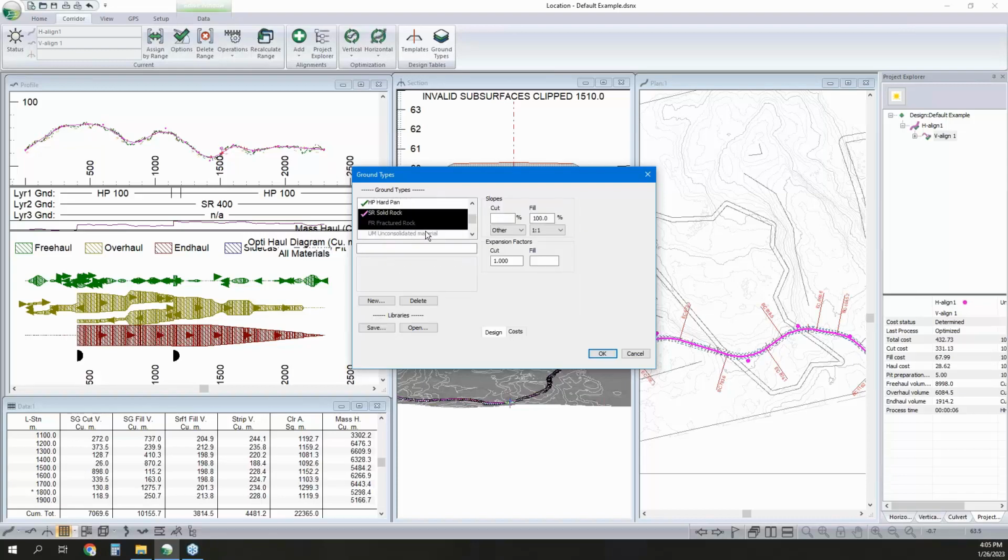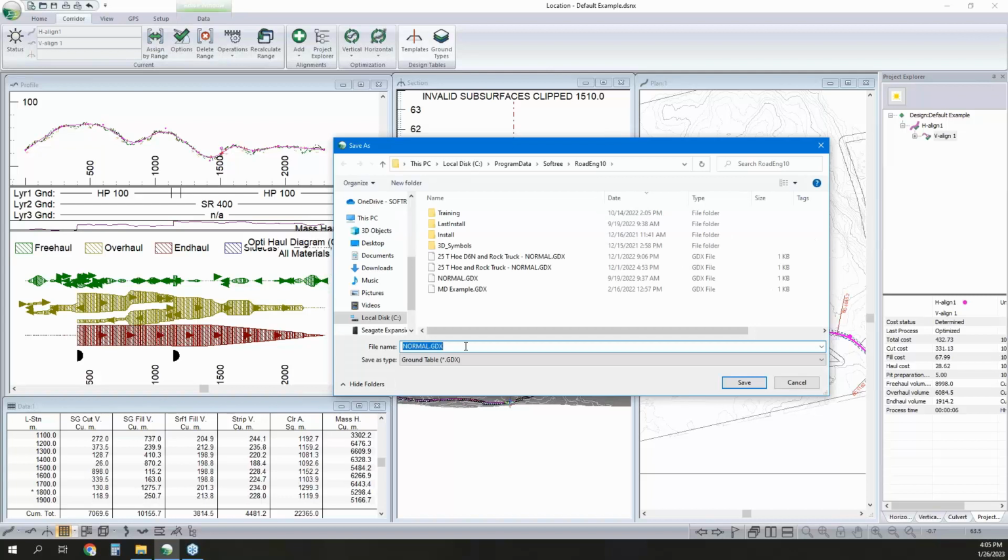What we encourage our users to do is to modify these and build them out to reflect the conditions that they commonly encounter, or it could be project specific. If it's something that you commonly encounter, well then a great strategy is to save that out as your normal, so you don't always have to update those values to reflect what you're constantly working with. And if it's project specific, well, let's just